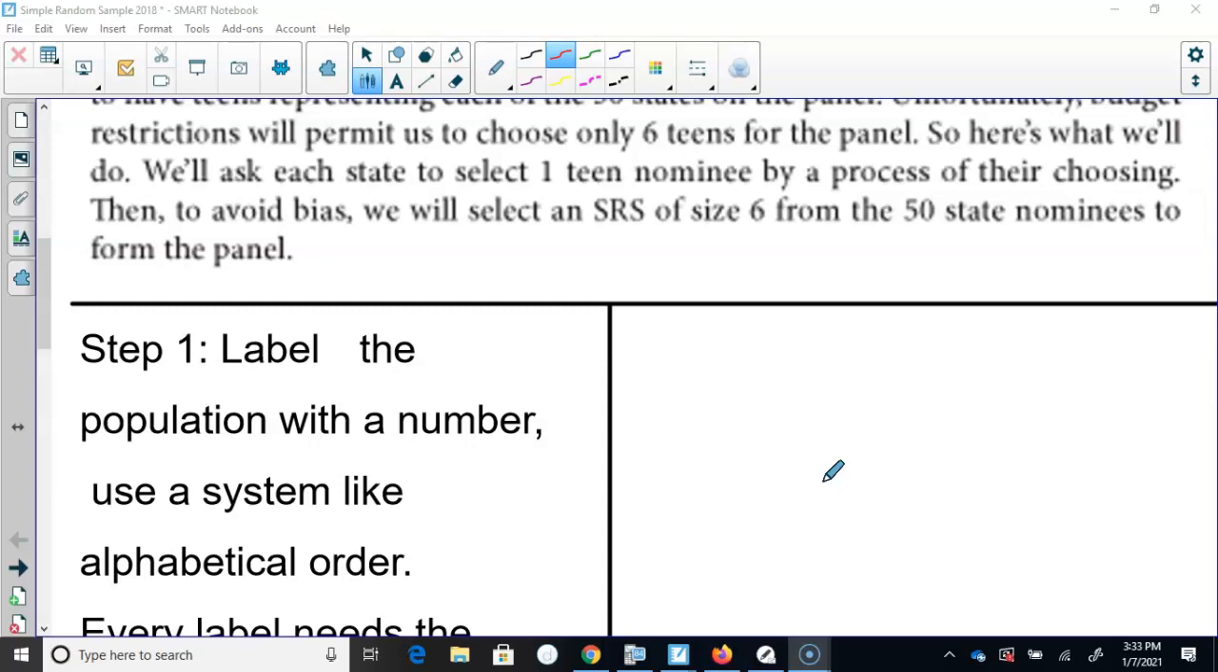So what do I have? I'm going to label a population, and the population right now is 50 state nominees. So if I was using a hat, I'd put 50 names in a hat. I'm not using a hat, I'm using a random table right now, so I'm not going to talk about that hat method. What I'm going to do is label the population with a number. So I have 50 state nominees, so the first person in alpha order,